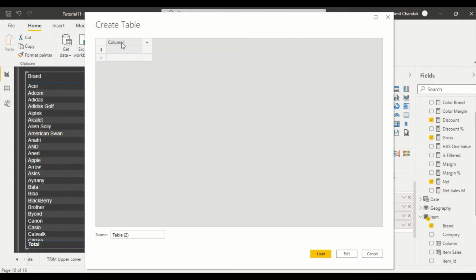So this is basically our measure slicer values. We call it measure slicer. Now your display name could be different, or your name could be different from what you want. Then you can create two columns, and this is something you will see very obviously in Tableau.